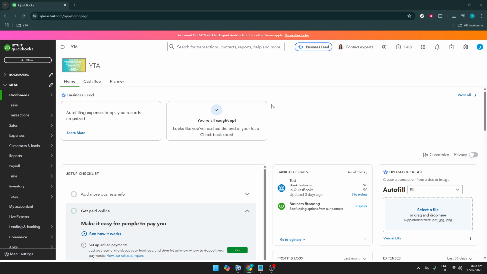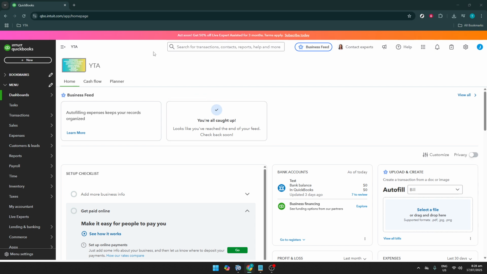To get started, you'll first want to open up QuickBooks. If you have the link bookmarked, now's the time to click it. If not, open your preferred web browser and type in the QuickBooks URL to access your homepage. Once you're logged in, you'll find yourself on the main QuickBooks dashboard, which serves as a hub for all your